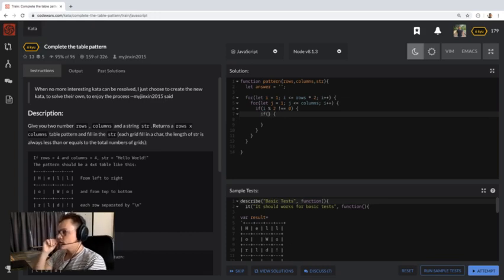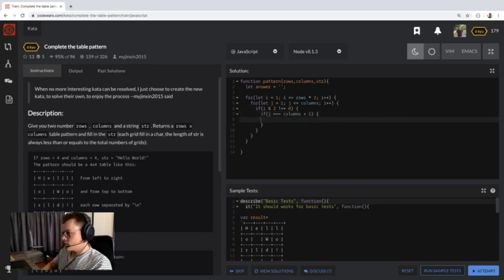If j is equal to columns plus 1, because columns is 4, we want to do it at the fifth one. So that means we are at the last one. We have to say answer plus equals just plus and new line,